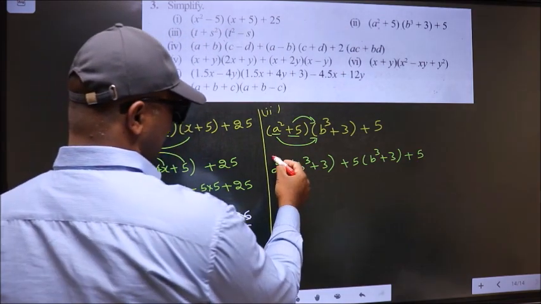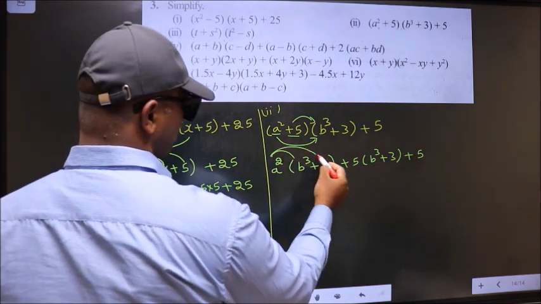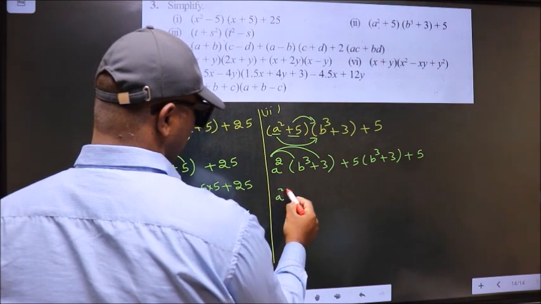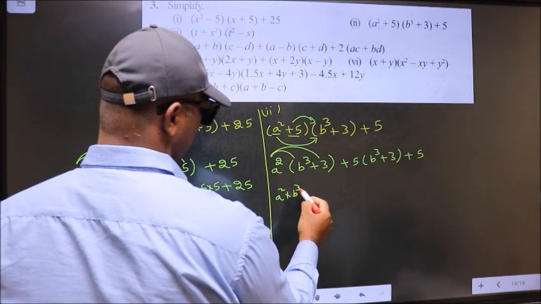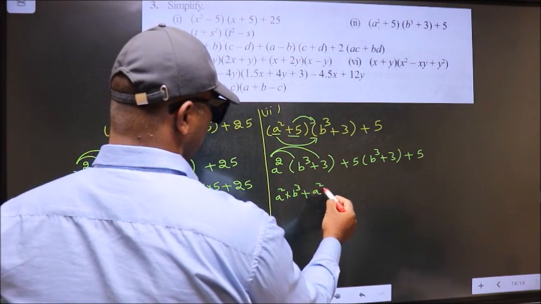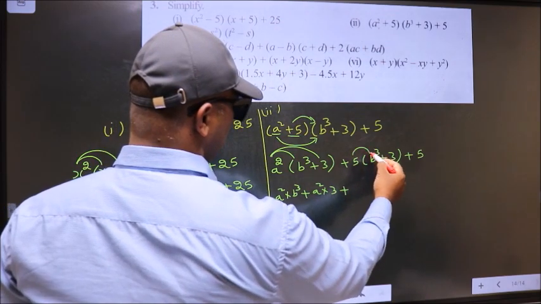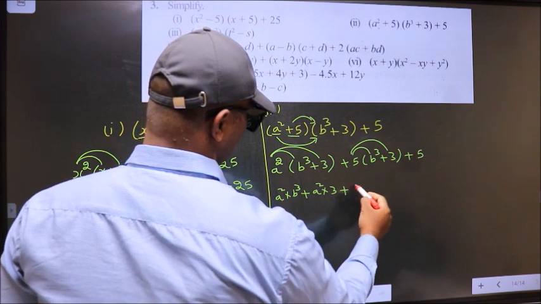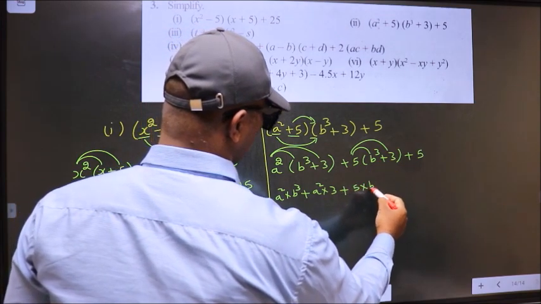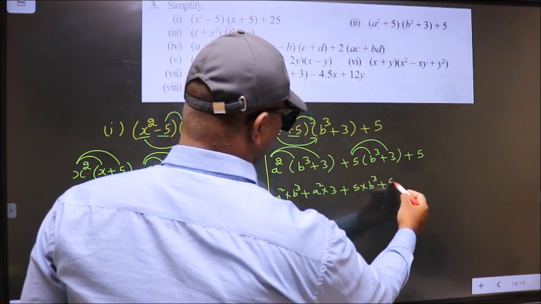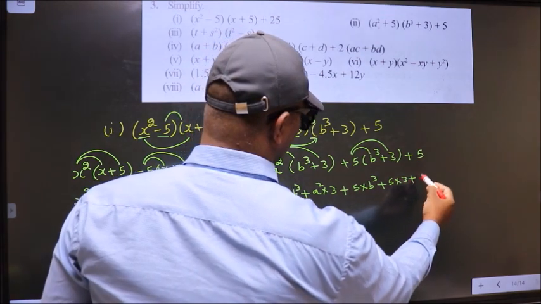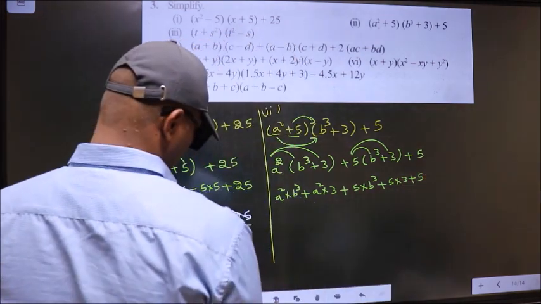Now with a square you open the brackets, we get a square into b cube plus a square into 3, plus, here you open the brackets with plus 5. So 5 into b cube plus 5 into 3 plus 5. Now